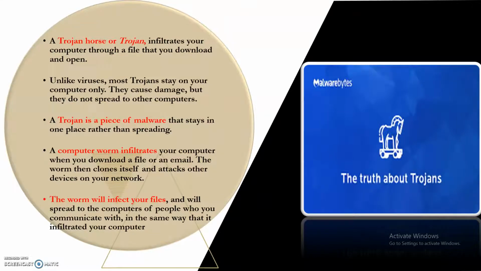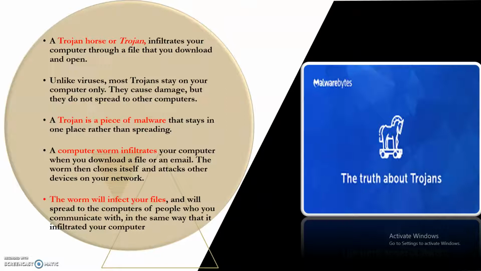Here we will study about Trojan horse. A Trojan horse is a virus. Actually, it is named after the horse which was sent to the enemies in the movie Achilles, I think.